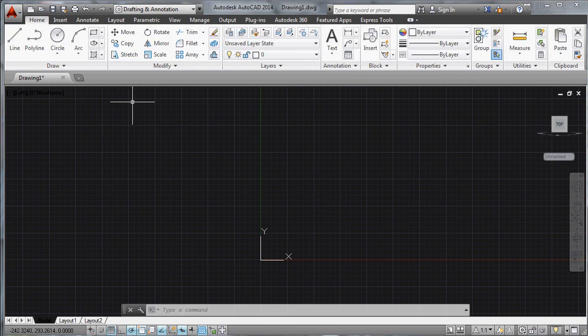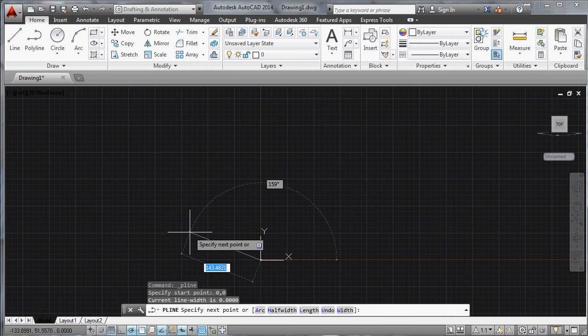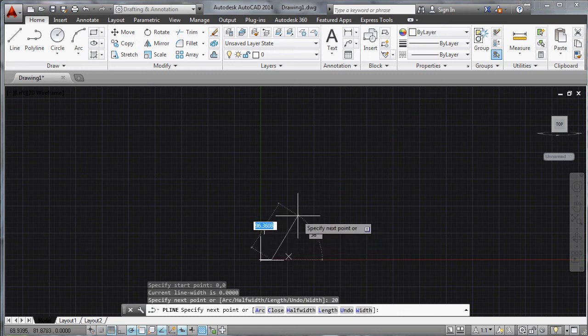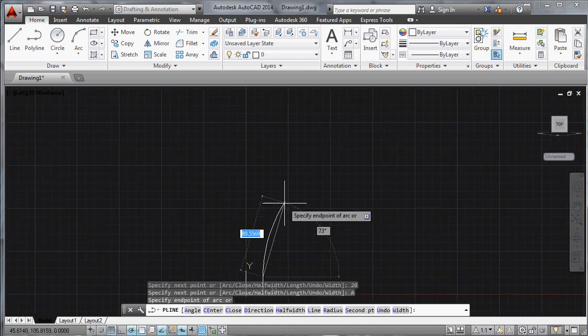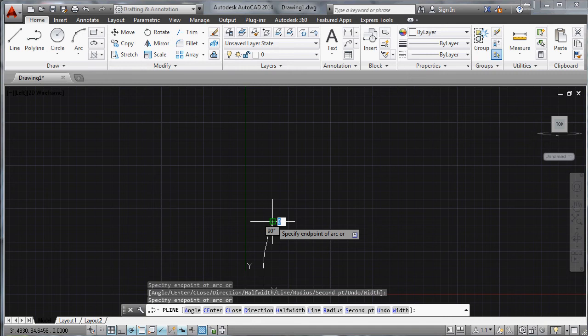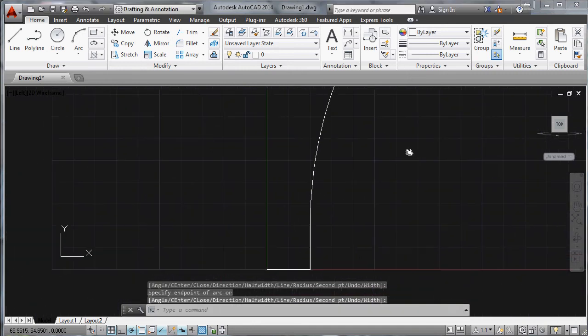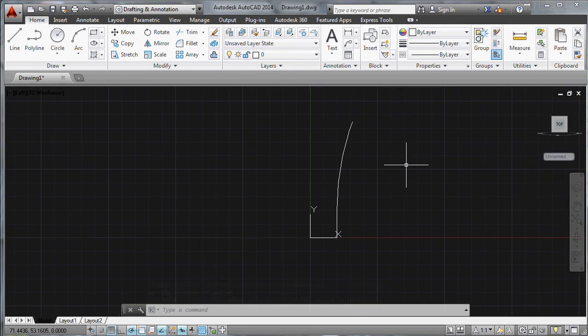I go to the Home menu and I start working with polyline, this one, and maybe I start from 0,0, enter, and I want to go this way 20 millimeters, 20, enter, and then I want to go this direction 20, enter, and then I would like to have an arc, so I click this arc word down here, and then I choose a location somewhere here and enter. So now I just created a polyline,